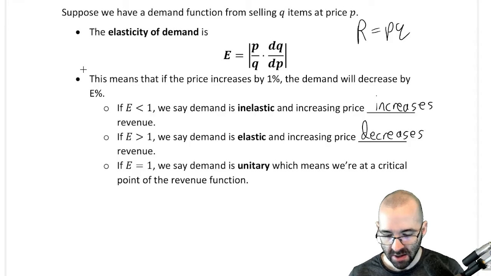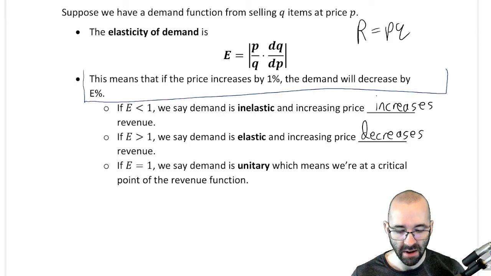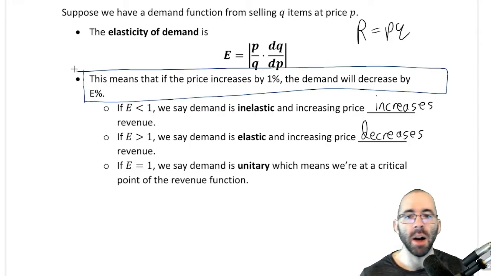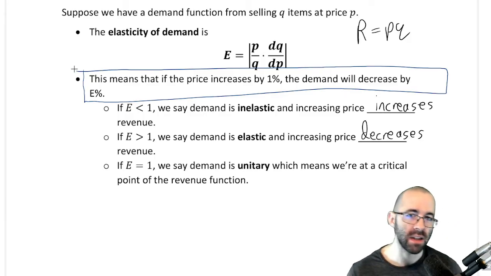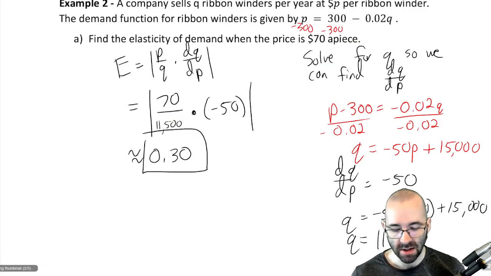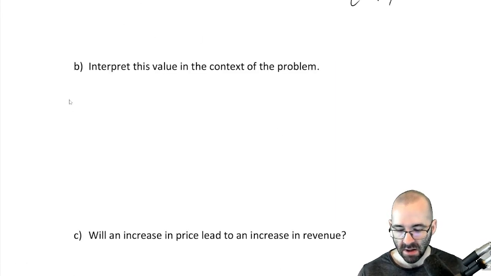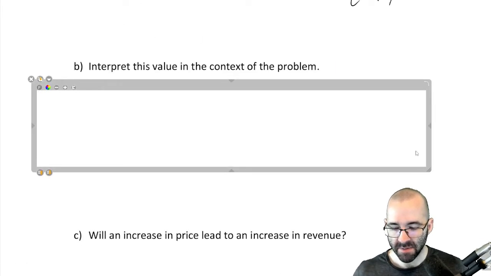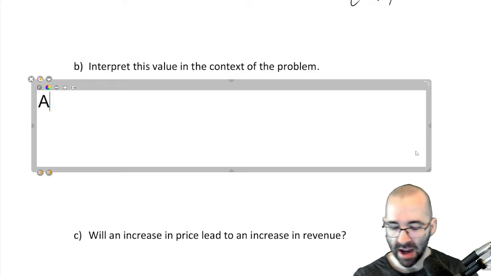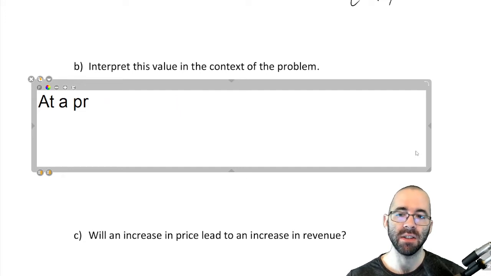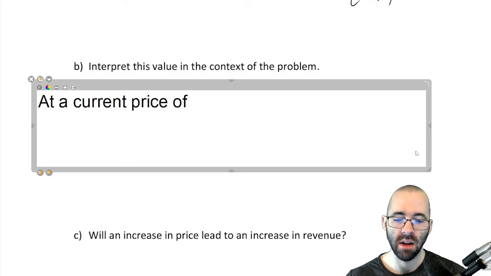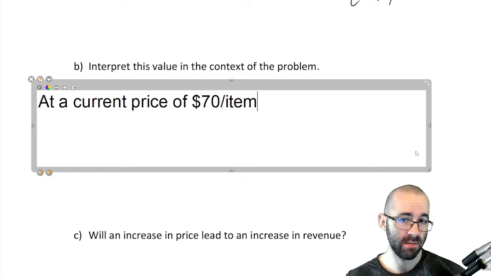This right here is the most important part of the definition. A price increase of 1% means a demand decrease by E%. So this says that at a current price of $70 per item,